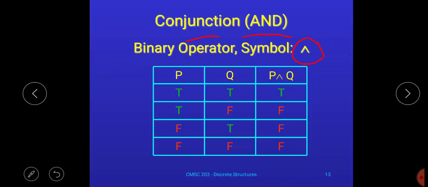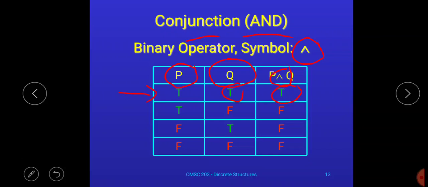Now let us discuss the truth table. Here we are taking two different propositions. The first one is P and the second one is Q, and P and Q is denoted by this symbol. TTFF, I think you are quite familiar with this format. How to elaborate this? If the value of P is true, and if the value of Q is true, and if AND is applied, then its result will be true. It means if the value of both propositions is true and AND is applied, then the output will be true.